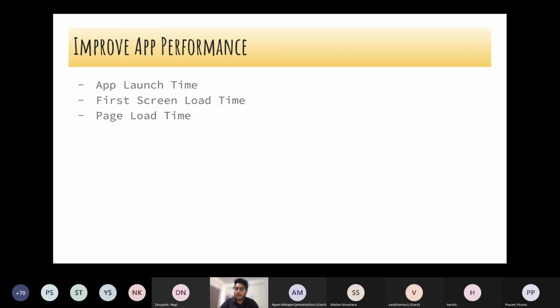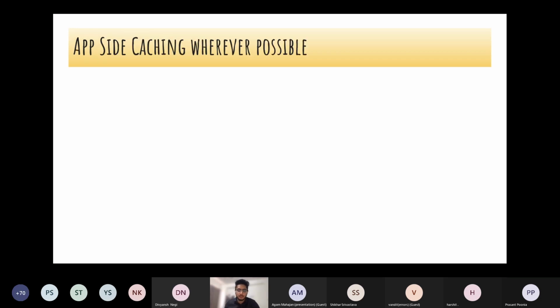Ideally, whenever a user launches the app, you should do everything asynchronously and let the user go from one page to another. You should not block the user. I'll give you an example. So basically this is also kind of improving app performance by doing app side caching.